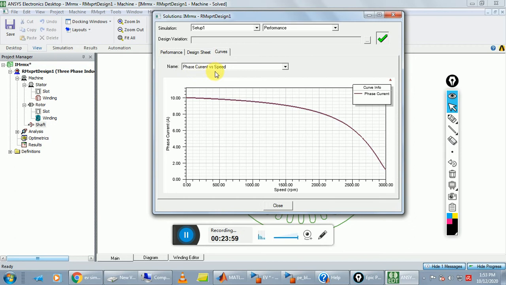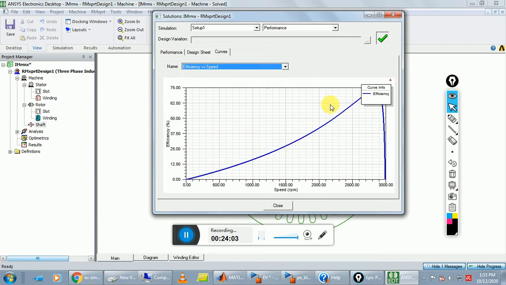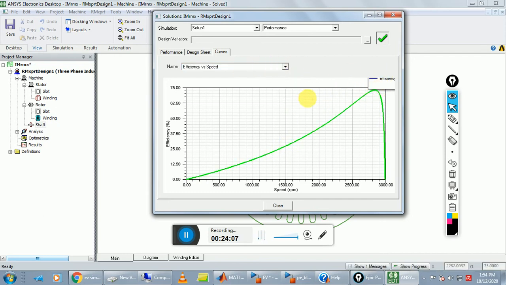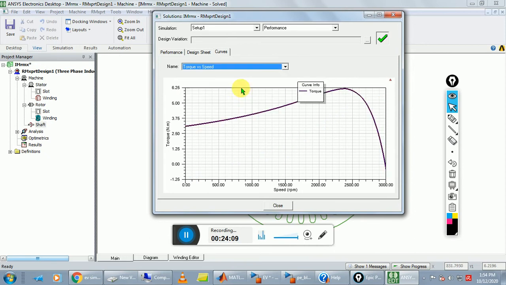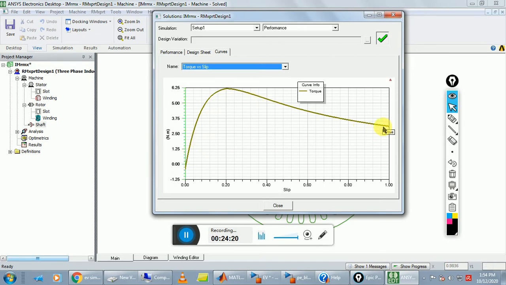This is your phase versus speed curve, and efficiency versus speed curve, and next is your torque speed characteristic. This is your unstable region, this is your stable region, and torque versus slip characteristic. We get all the curves here.